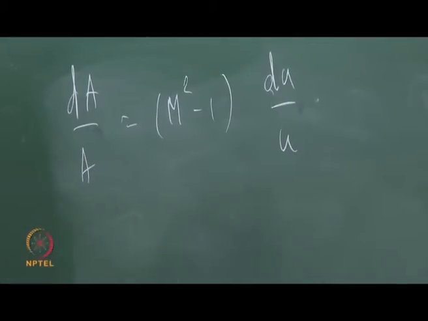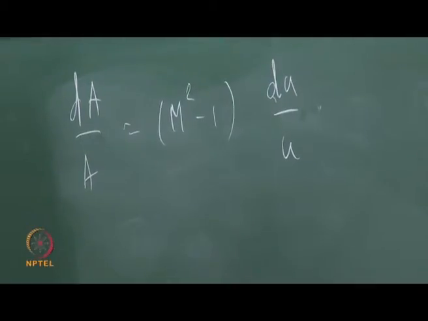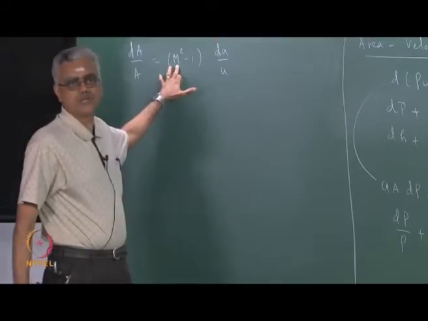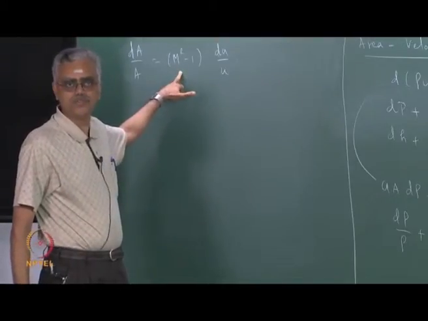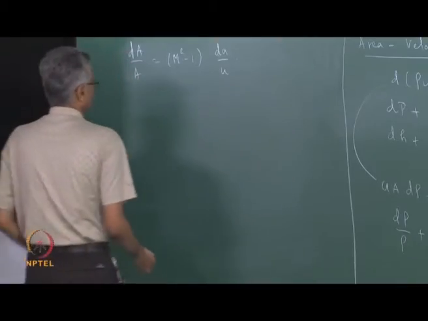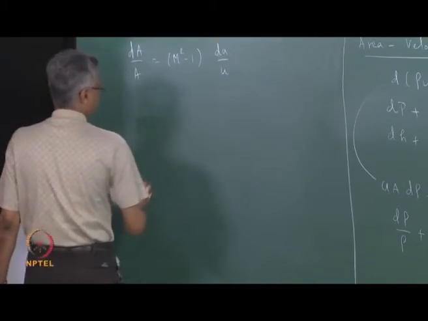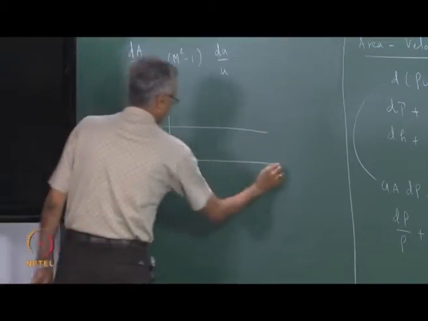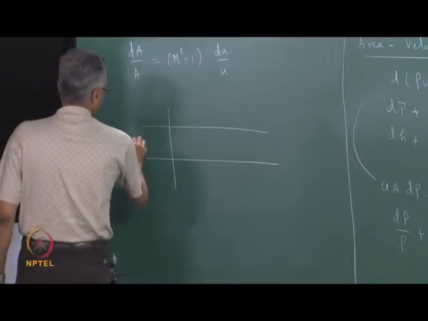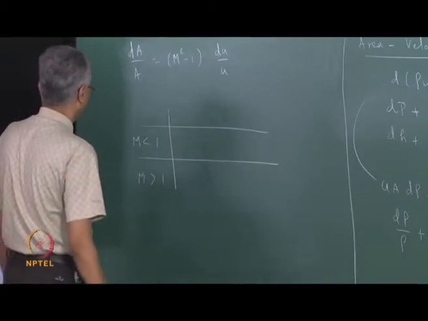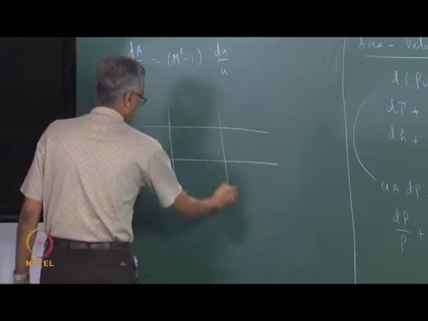Now with this we can get an idea of what changes in cross sectional area of the passage do to velocity. Does it increase or decrease the velocity? That will depend upon whether the flow is subsonic or supersonic, because the Mach number is also involved in this expression. Let us take a look at that next. We are going to do the same thing that we did earlier. We will tabulate the changes in the same manner. If you remember, for Rayleigh flow and Fano flow we did the same thing: M less than 1, M greater than 1, and there are two possibilities: